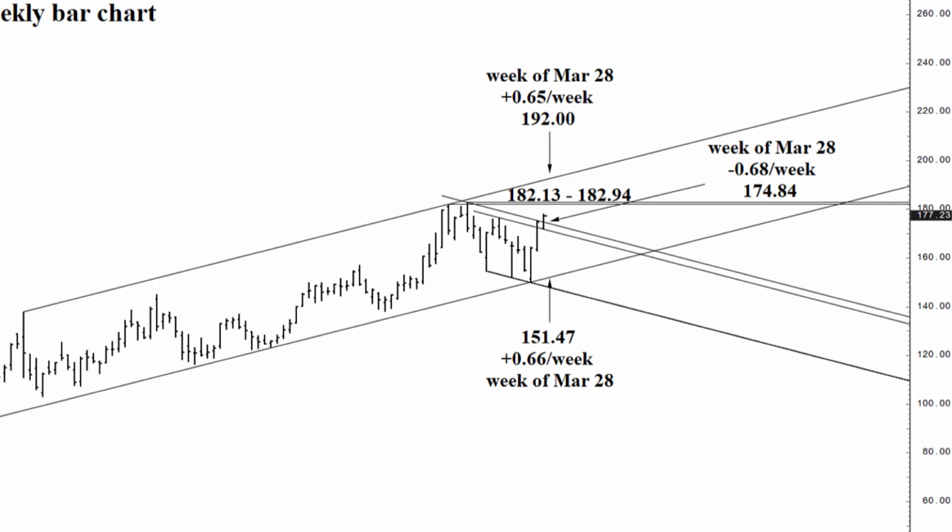But honestly, after having tested that channel bottom in the low 150s, yes, the channel top in the low 190s becomes our objective if we close above 174.84. But I think there's a case to be made that, especially if you're looking to buy Apple over the longer haul,